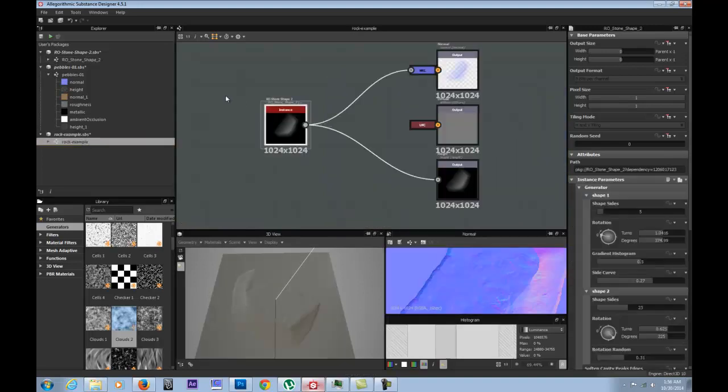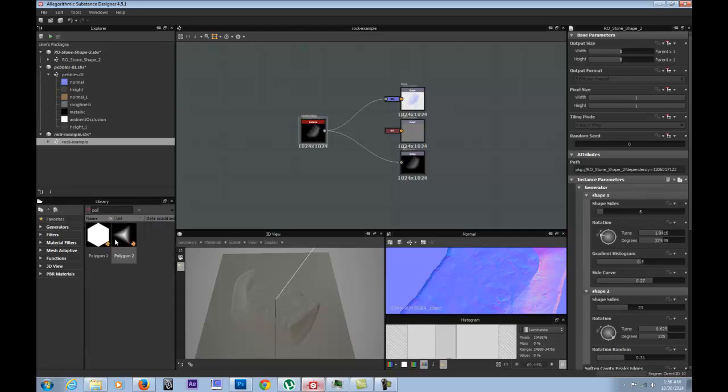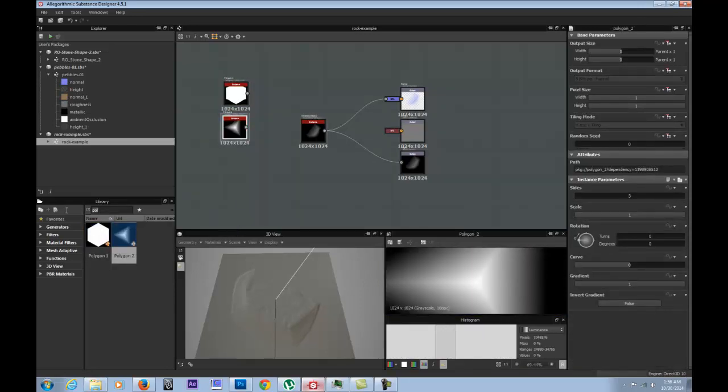Okay, well, we can do without that. Let's do polygon, and we have two types of polygons. And let's do gradient linear,